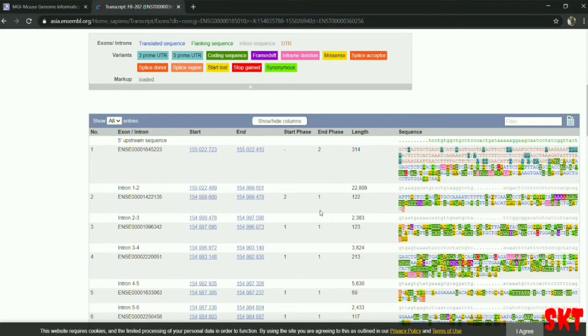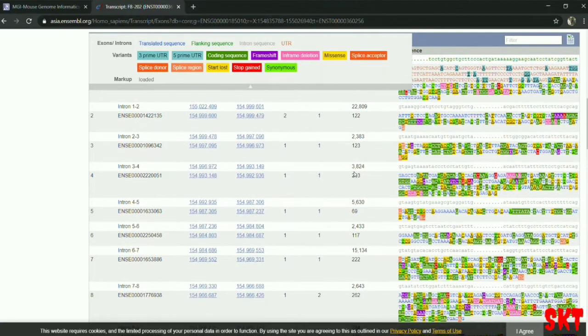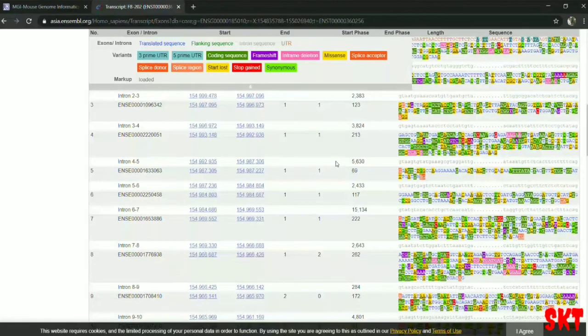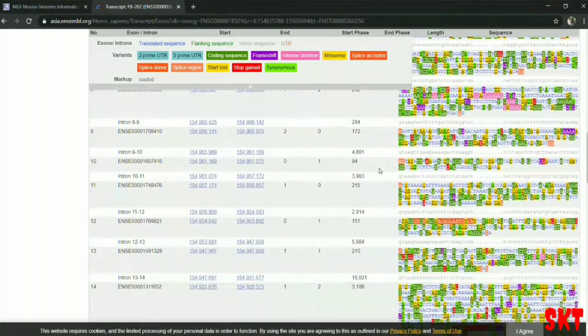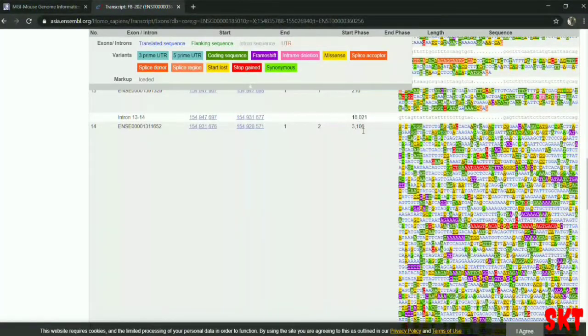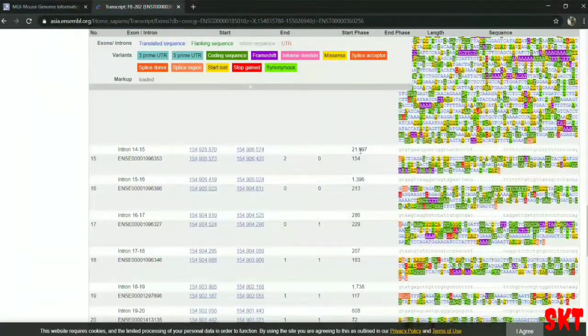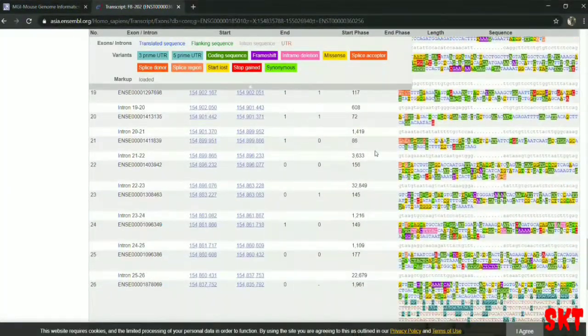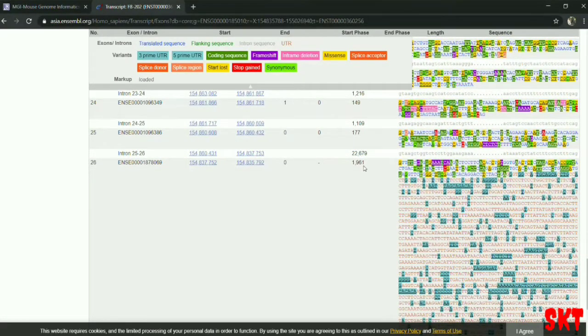You can modify these sequences to form a desired species or desired protein. You should always modify the exons, not the introns. The 14th one is very long. You can find the number of nucleotides present there. The 15th has 215, and the last one has 1961 nucleotides in it.